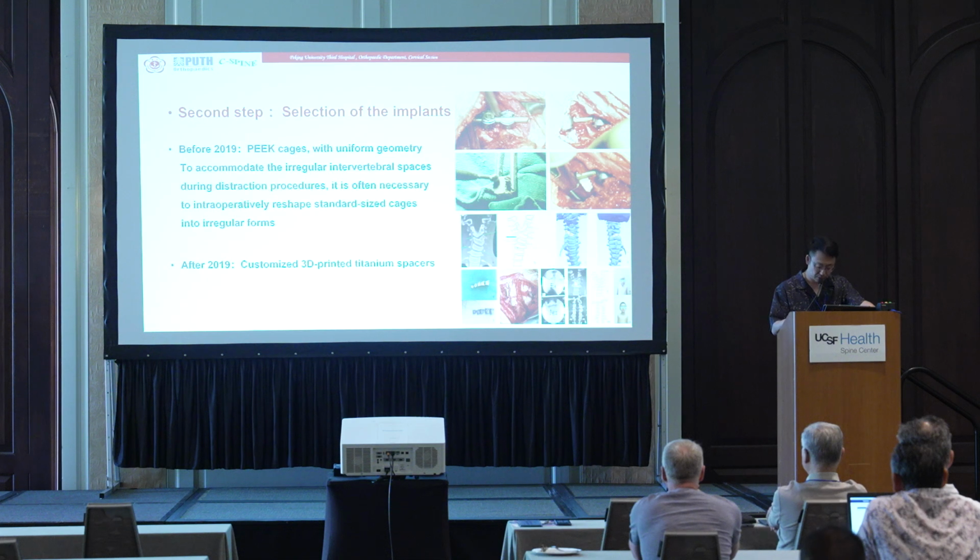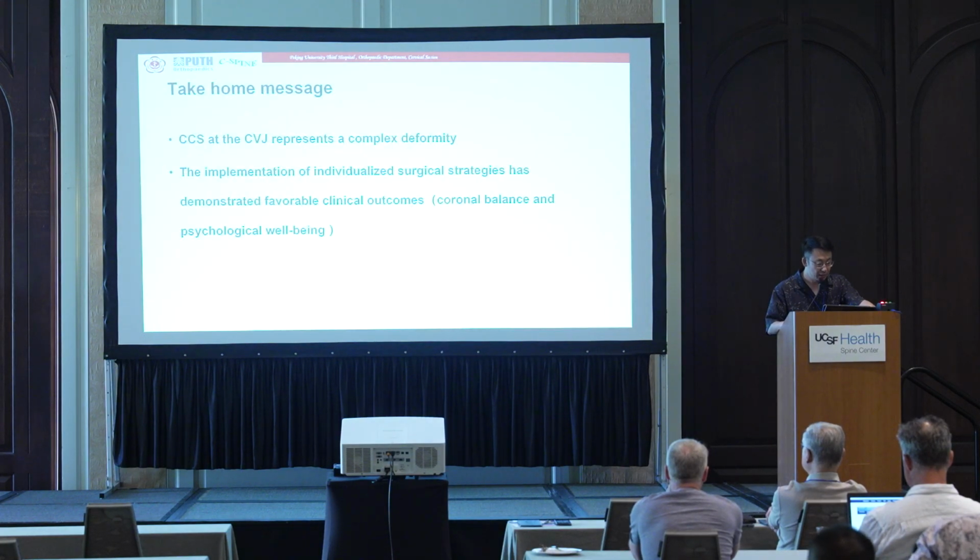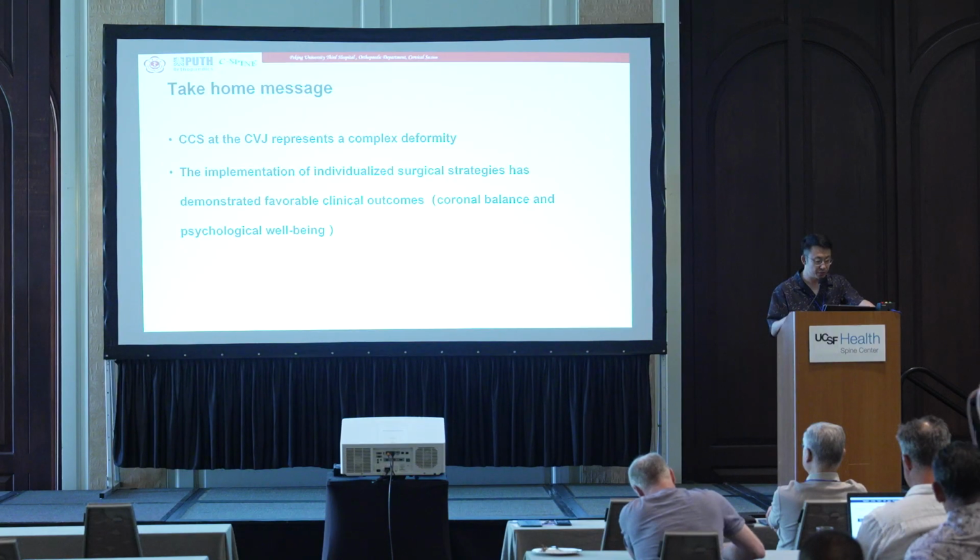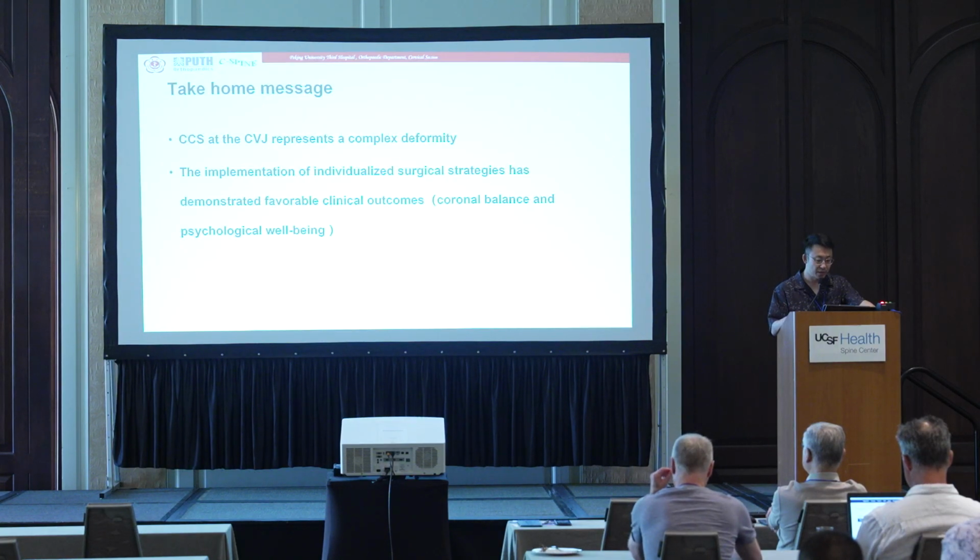So we just came to 3D printed individually shaped spacers after the year 2019. In general, the cervical congenital scoliosis, as this CVJ region, represents a very complex deformity with rare reference